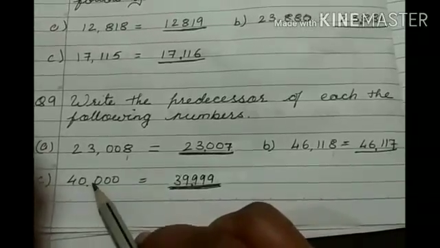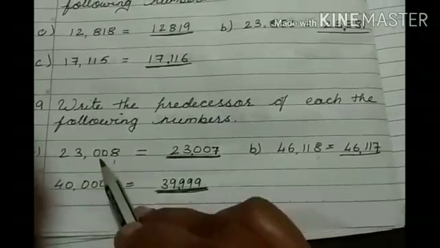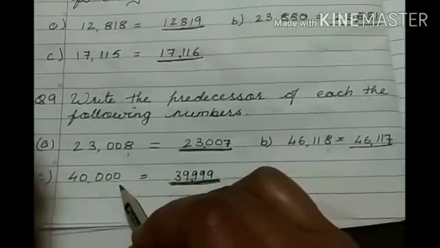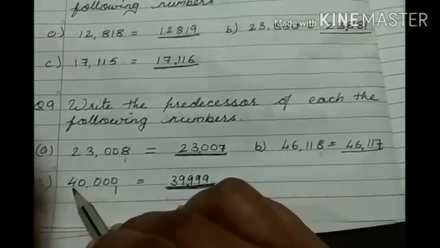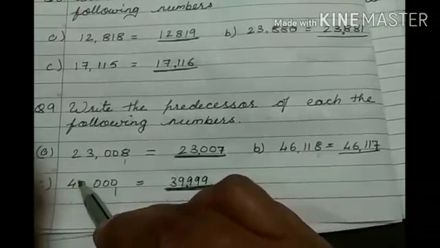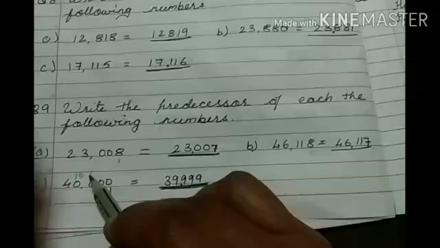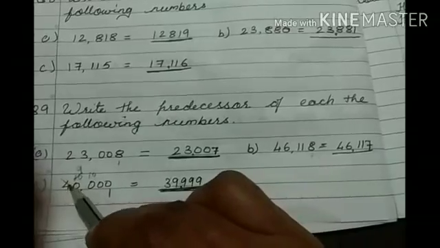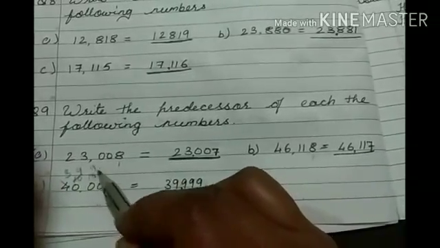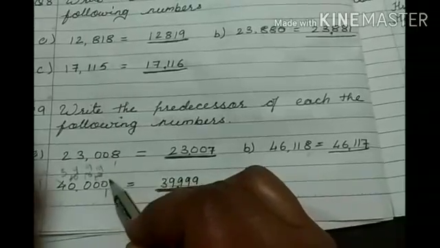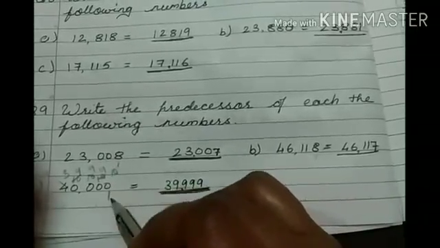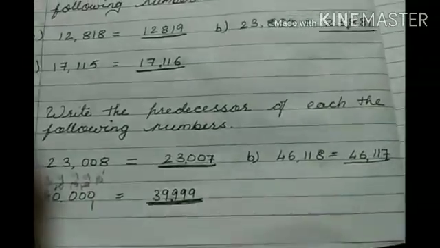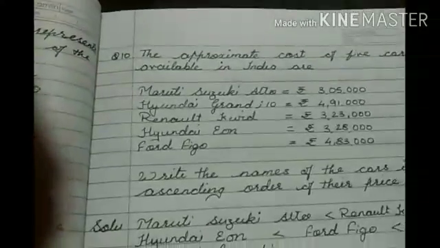Here is the twist. It is given 40,000. So before the 0, we know the number contains 9. When you subtract 1 from this 0, you have to borrow from 4, so here will be 10. Then you have to borrow again, so here will be 10. When you are borrowing from here to here, it will convert into 9 and here will be 3. Again here is 9 and here is 10. Then again here is 9 and here will be 10. And 10 minus 1 is 9. And the other places 9, 9, 9, 3. So 39,999.